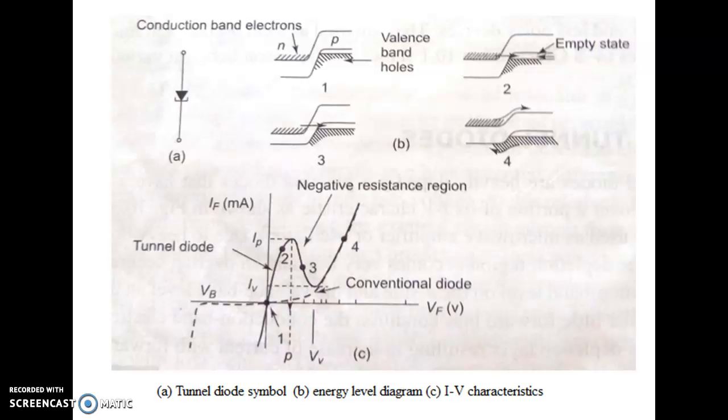Here it looks like a valley, right? Current decreases and then increases, and the point at which it goes to a minimum and starts increasing, we refer to as the valley current. The point at which current goes to a minimum and starts increasing, and the corresponding voltage, is known as the valley voltage, VV. Okay, thank you.